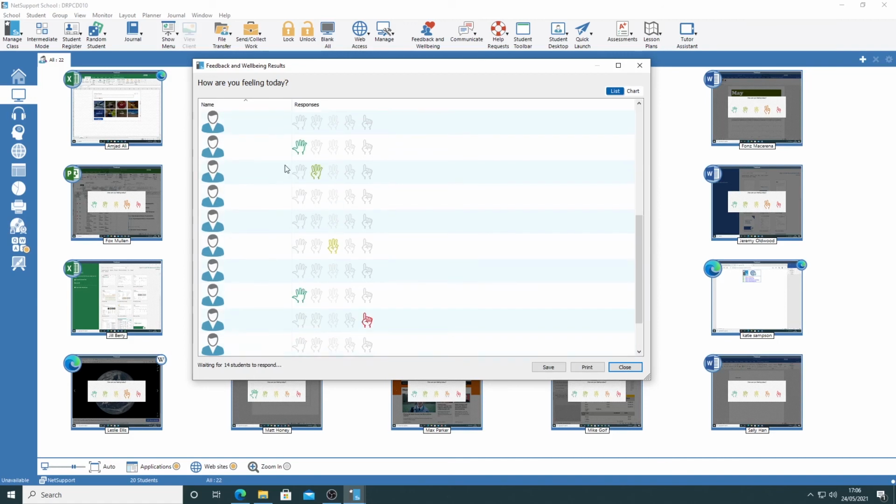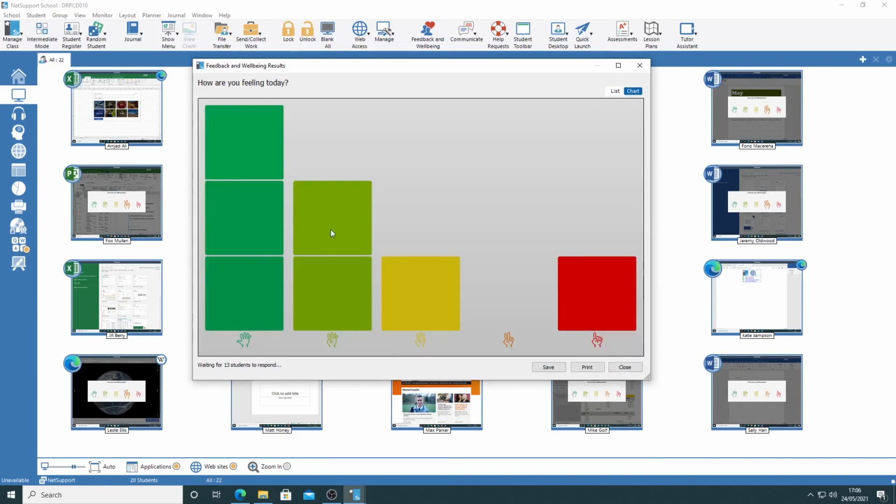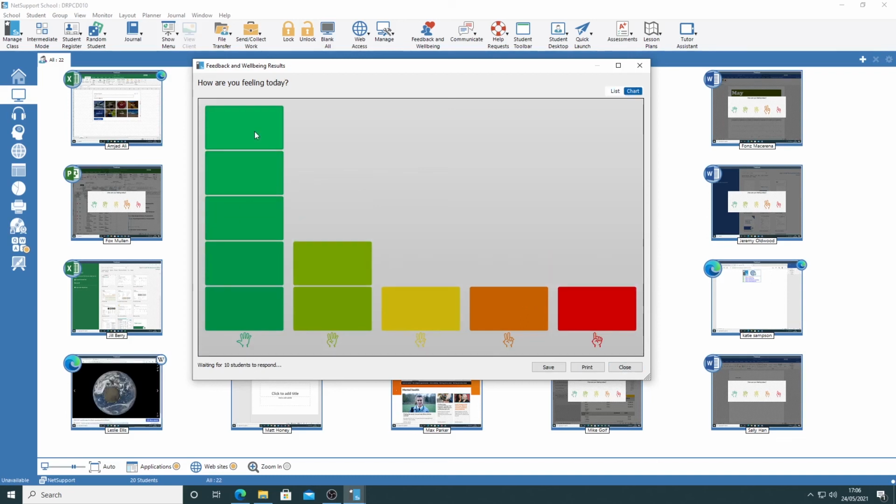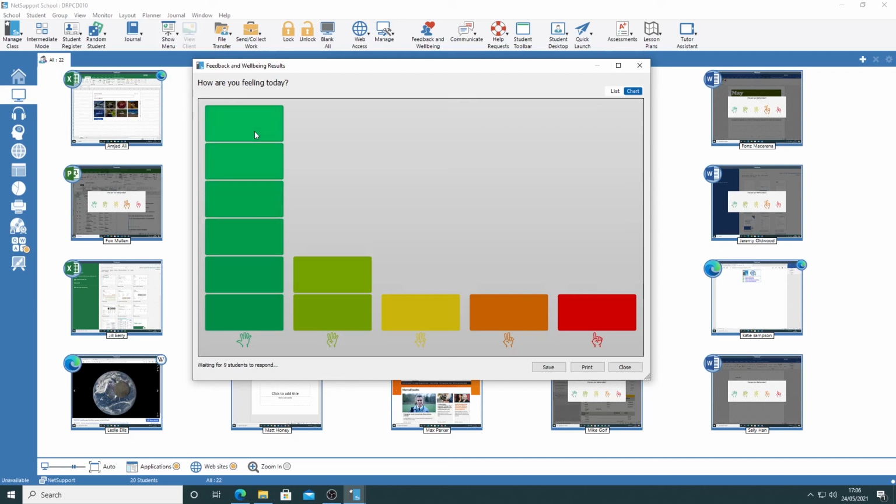And we can see that the responses are starting to all come through now. Lovely. Or I can view those as a chart. So I choose the chart option, and this option is now coming through as a bar chart. So I can see that so far the majority of my class, which is lovely to hear from me as a teacher, are feeling really quite great. But being mindful that actually, 3 of my students in my class are feeling a little bit low